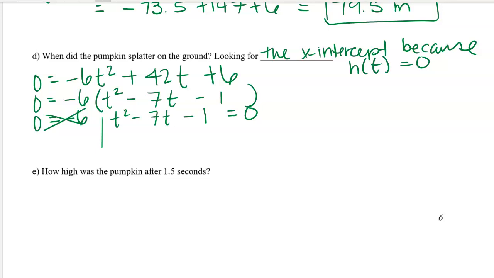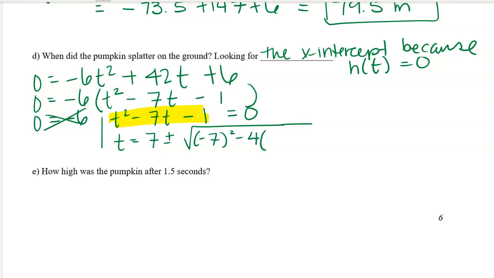Is it to complete the square? No, because b is not even. So you've got one more choice. Quadratic formula, yep. The quadratic formula says x equals -b. So we don't have x, we have t. t equals -b. What is b in here? -7. But it's the negative of -7, so it's what? 7. So -b plus or minus the square root of b squared minus 4 times